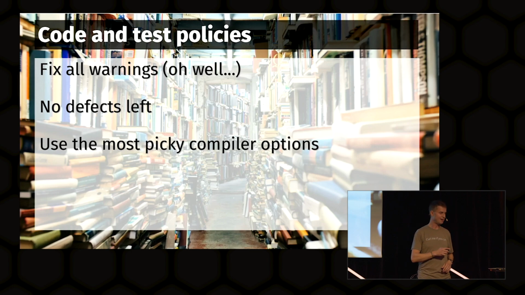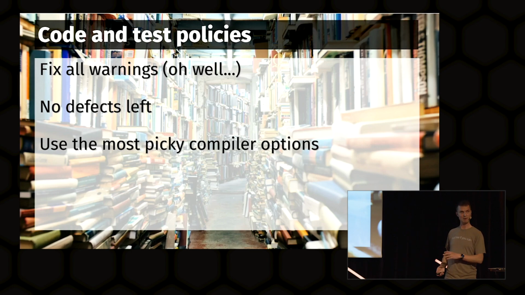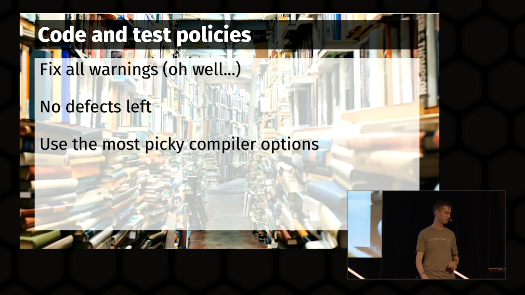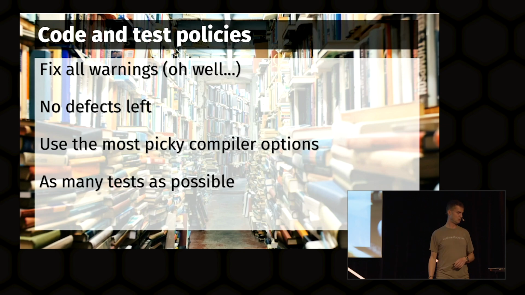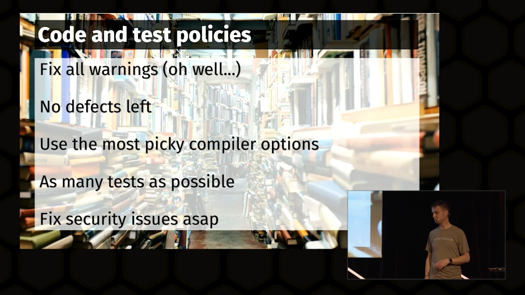Which I think in itself is also really hard because it's picky and it finds a lot of things. And we use the most picky compiler options you can find on all the GCC and Clang and everything on all these platforms, which also makes sure that we don't have any particularly obvious mistakes in there. Sure, we do still make mistakes. And we fix security issues as soon as we can, which again is tricky, but we do releases fairly often.